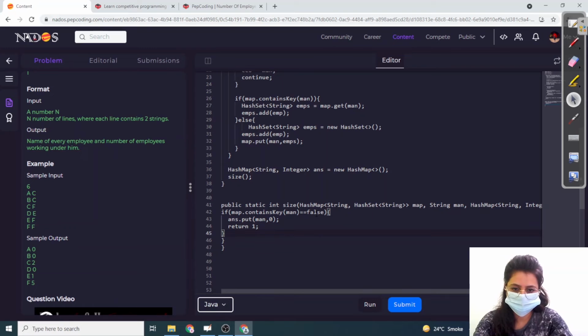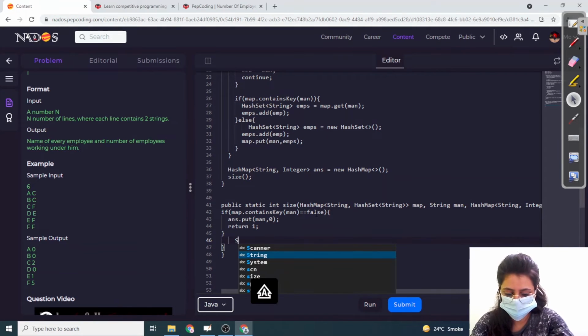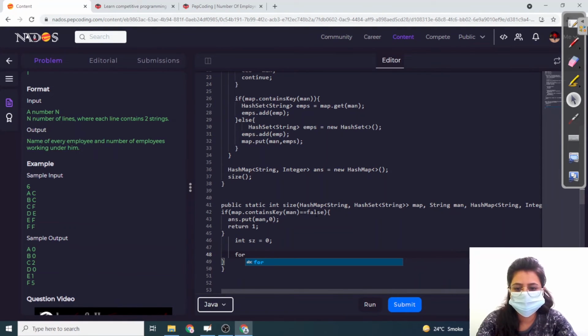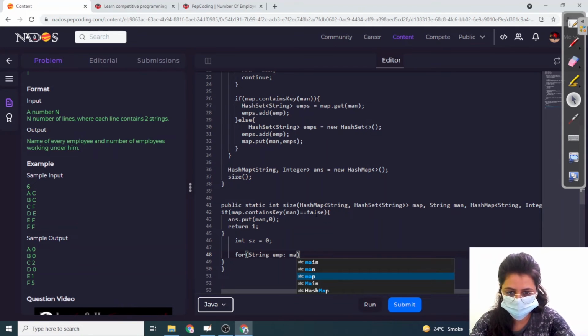1 as a size. Okay. Next, what we will do is, if map dot, we'll make a string, we make size variable, and then if you have done the trees lecture, you know how to bring the size of the child. So we'll make a string employee as in map dot get manager,